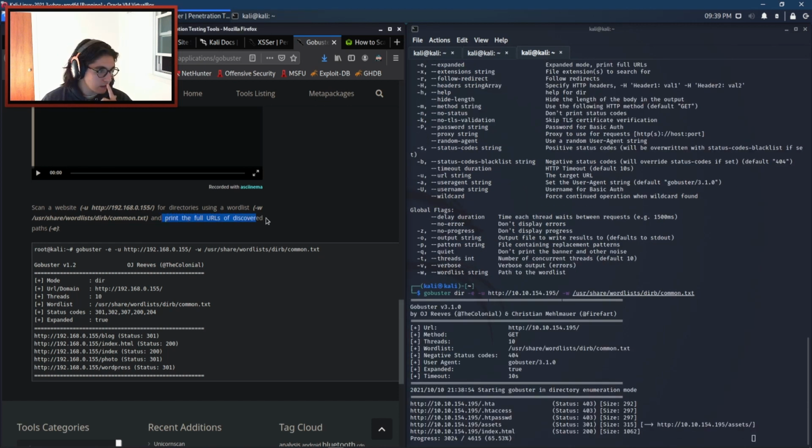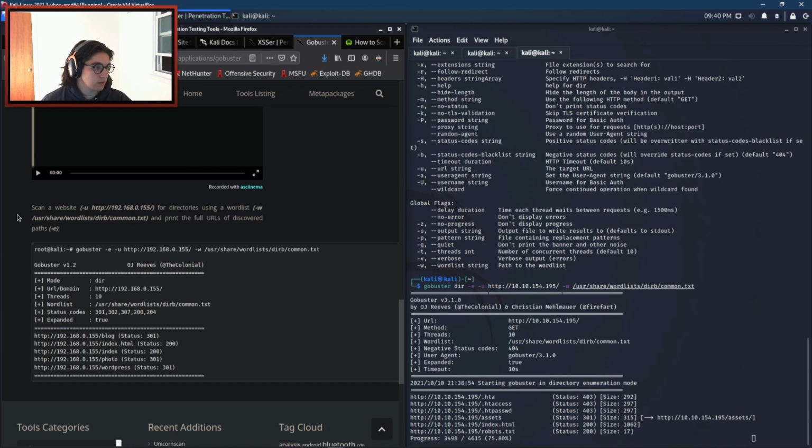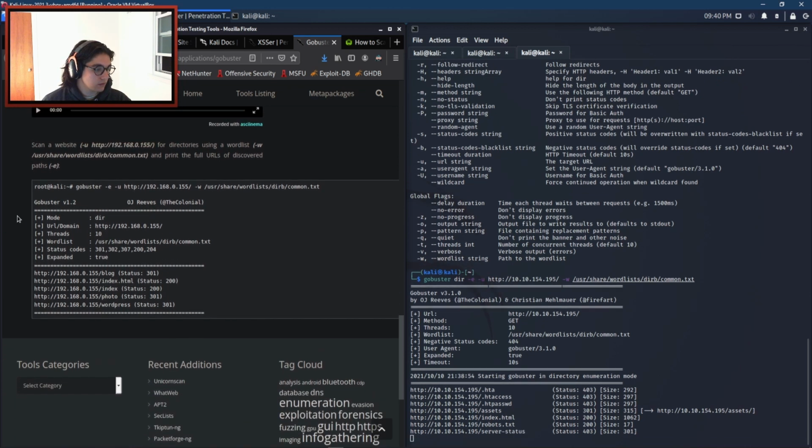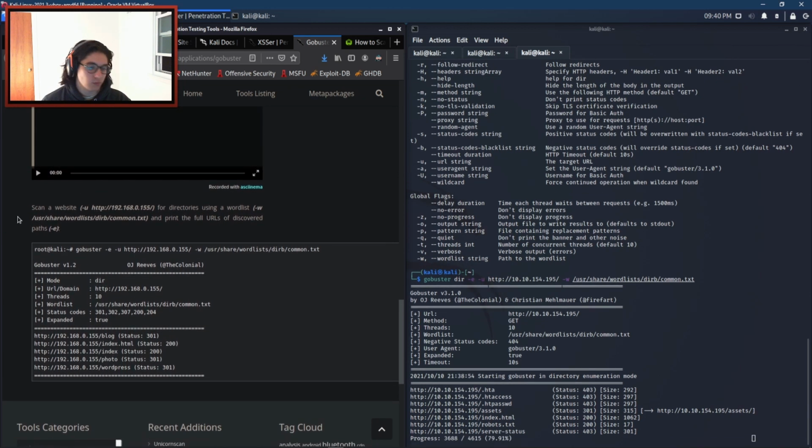So this is printing full URLs basically. So we know that these URLs exist because we're getting HTTP statuses back. Doesn't really matter what the exact status is, but look at that, robots.txt. I think we might be able to curl that. Yeah, let's, is this done yet? Nope. All right, let's,